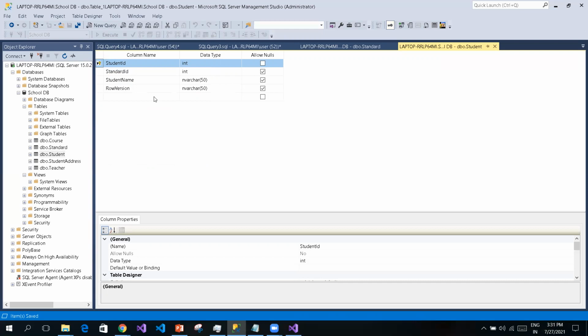And I don't want the same student ID to be inserted twice in the table. Once a student ID is created, it should be unique. So that is the purpose of making this a primary key, and we do have a standard ID, which is coming from the table standard, and we should have the relationship